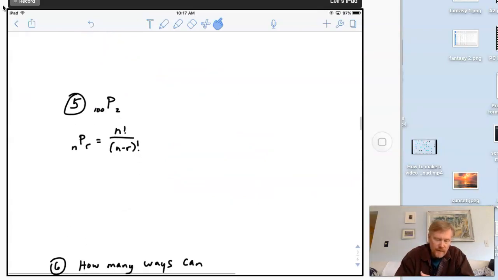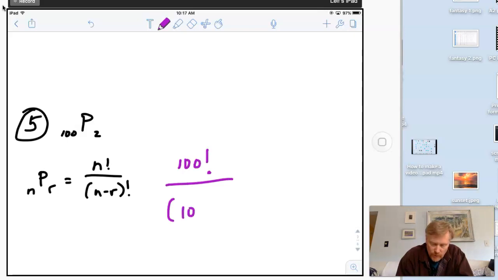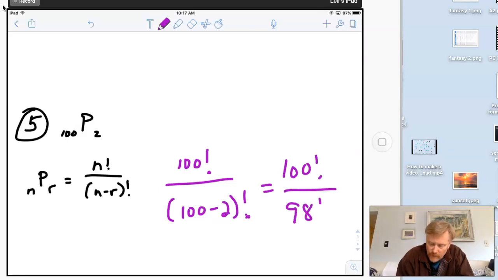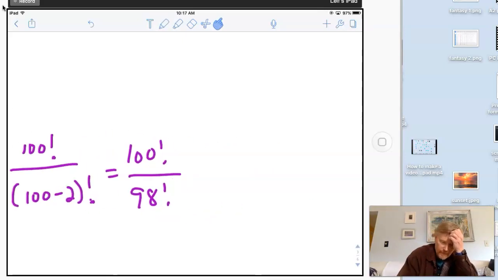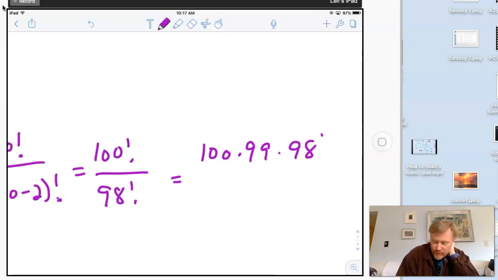Okay, number 5. Big one, bigger one. So this one, if I plug in the numbers, 100 factorial over 100 minus 2 factorial. So this is 100 factorial over 98 factorial. So this is 100 times 99 times 98. And if you want to go all the way down to 1, feel free. I'm canceling out here at 98 factorial,